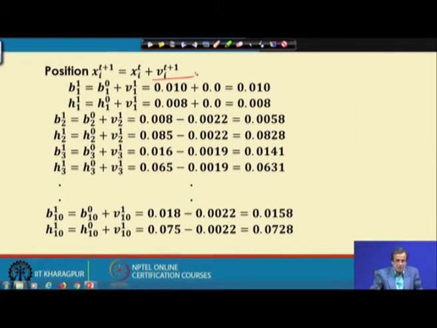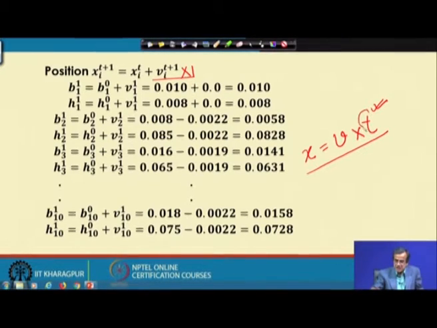To find out the position, once I know the velocity, I can find out the position using the expression x equals v multiplied by time, x = v t. Now, here t indicates the time, and here it is nothing but the number of iterations. So, truly speaking, this is multiplied by 1, because I am trying to find out what will happen to the position in the next iteration.